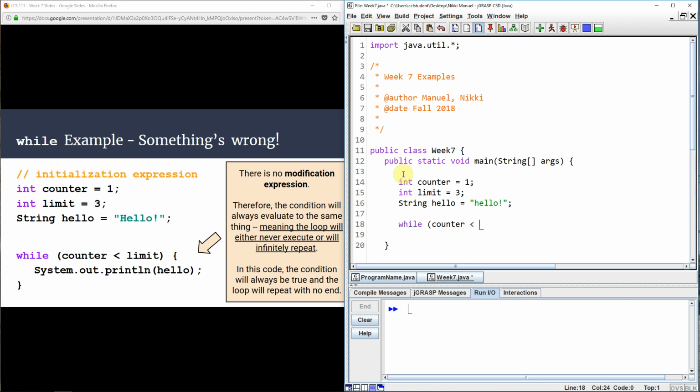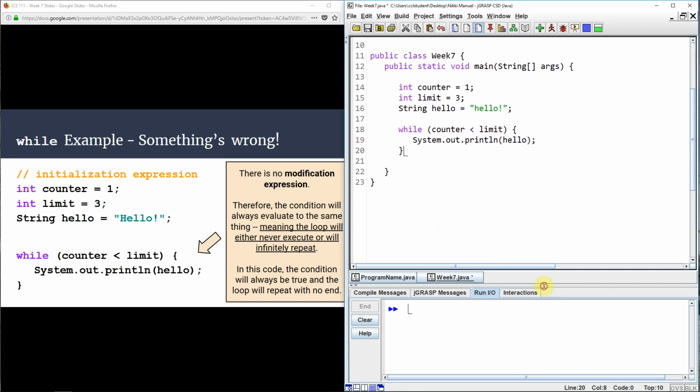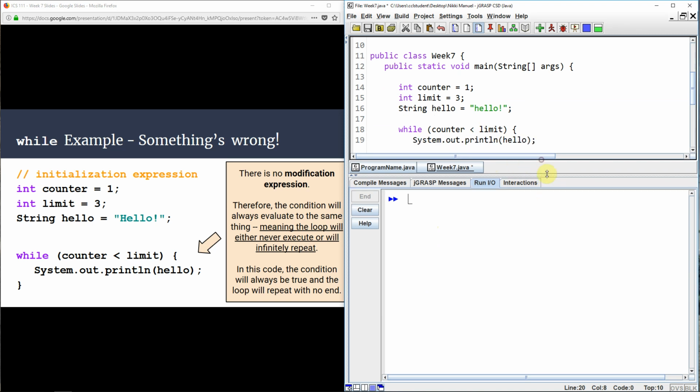While counter is less than limit, we're going to print this string, and don't forget your closing curly brace. Alright, so let's see what happens when we do this. We're going to run it,